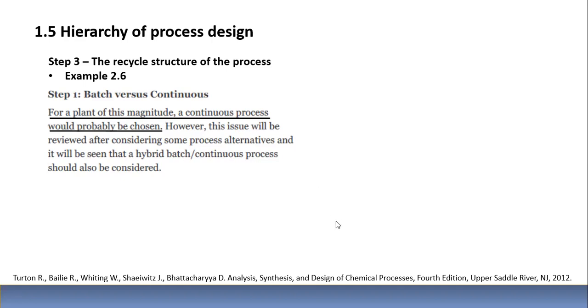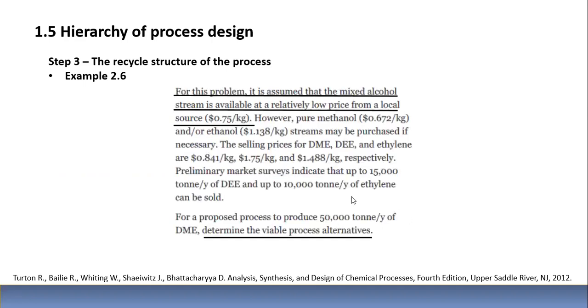Claro. ¿Por qué se escoge aquí un proceso continuo? Observe usted que se está pidiendo 50,000 toneladas por año. Ustedes recordarán cuánto es una tonelada. Y ustedes ya han tomado la clase de balance de materia y energía, entonces deben estar ya bastante pulidos con las unidades. Una tonelada son 1,000 kilos, ¿cierto? Y nos piden 50,000 toneladas. Entonces, por 1,000 kilos, esto sería 50 por 10 a la 6